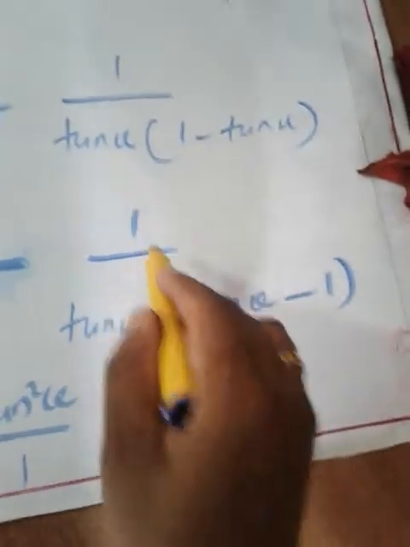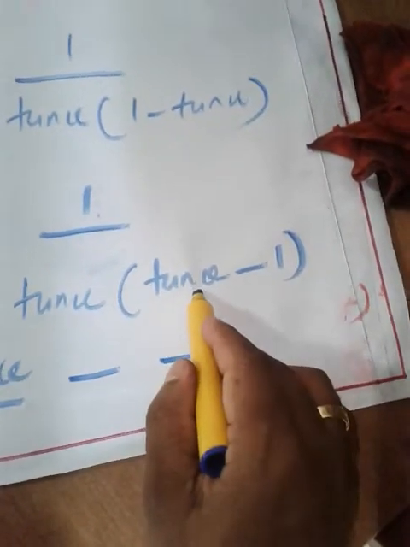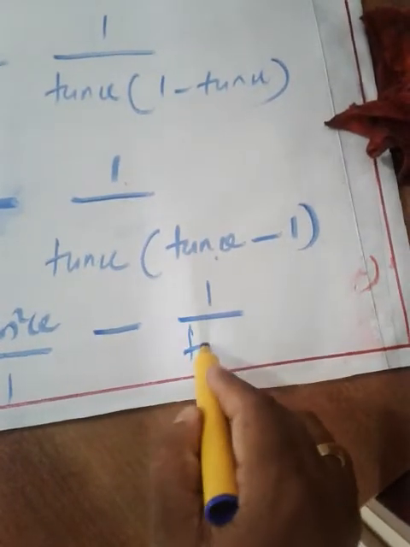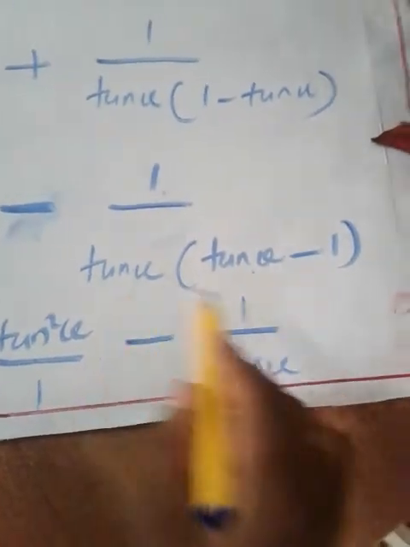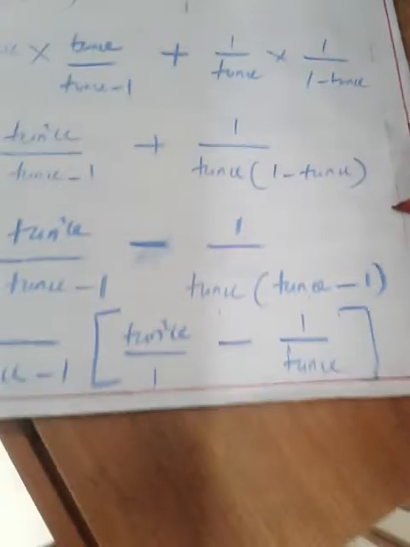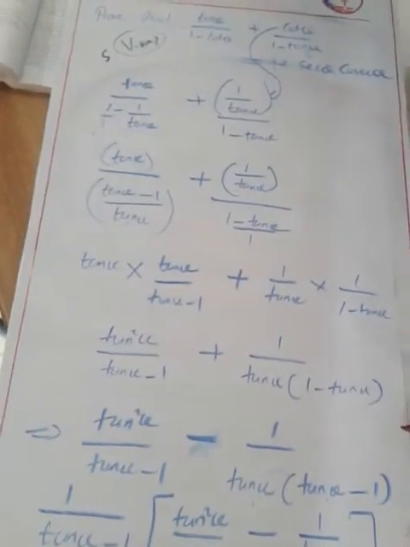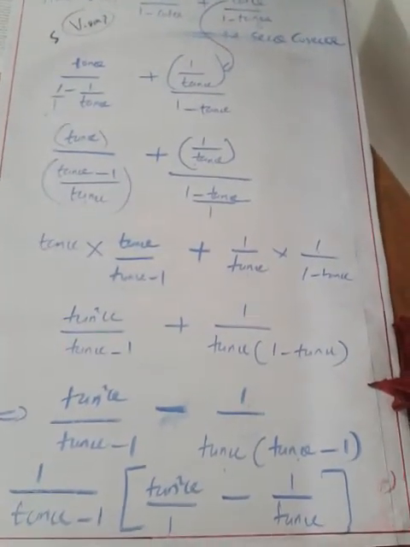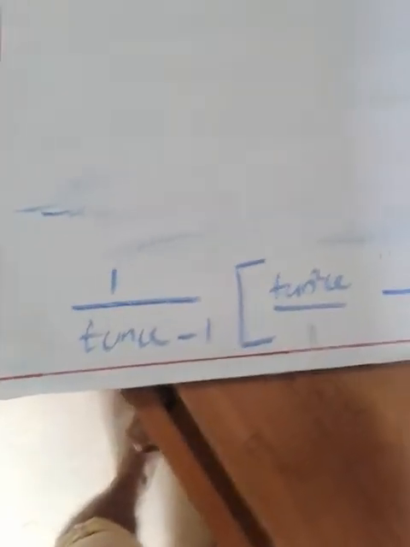Just see here, the numerator is 1 and tan theta minus 1 came outside. What will remain? Tan theta only will remain here. Here tan theta only will remain, you may have understood, isn't it? See, here you just see this much we reached.